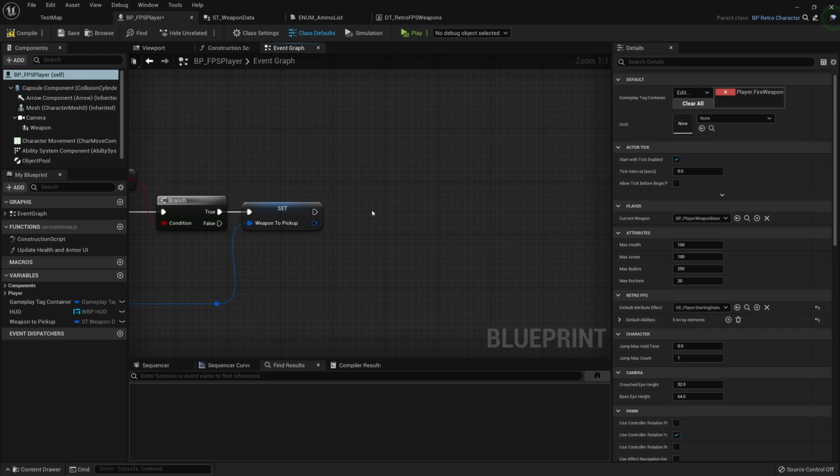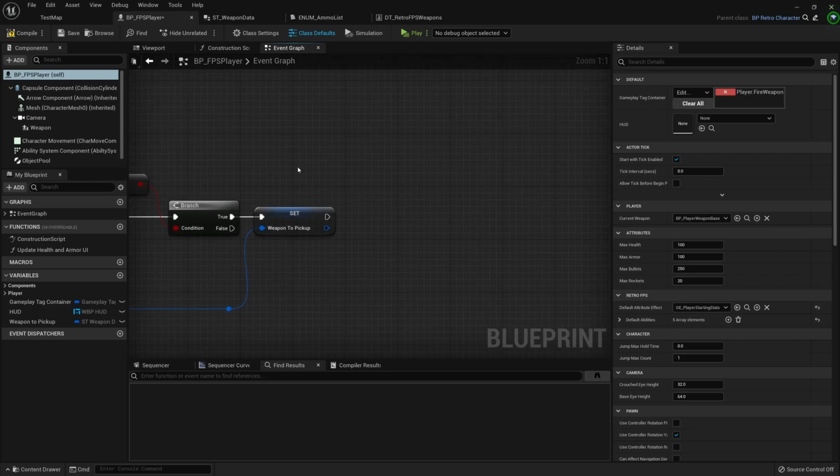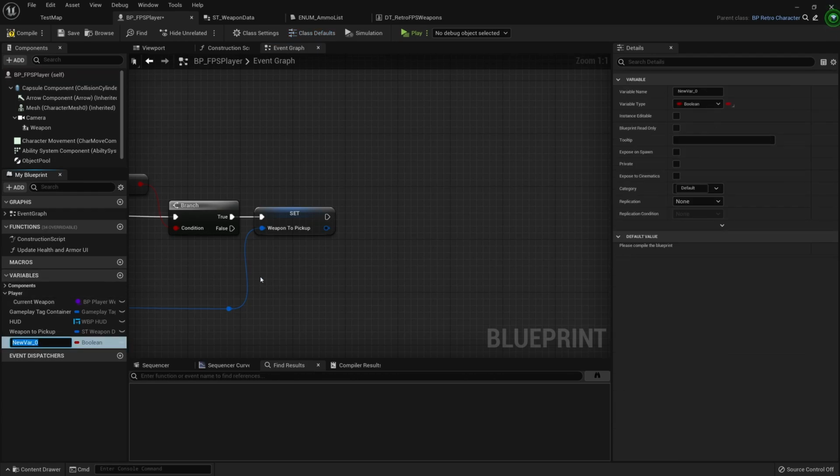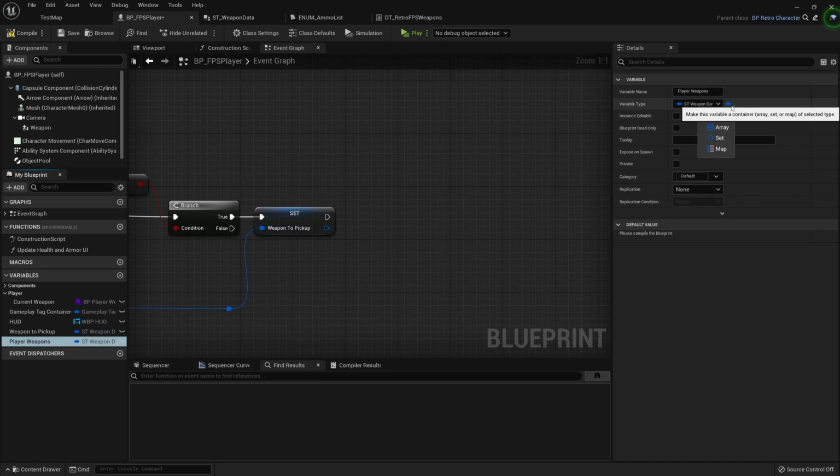And now what I want to do is create an array of weapons so that we know what weapons the player has. So I'm going to create a variable, and I'm going to call it player weapons. We're going to change the type to be the weapon data struct, and then we'll change this to be an array.